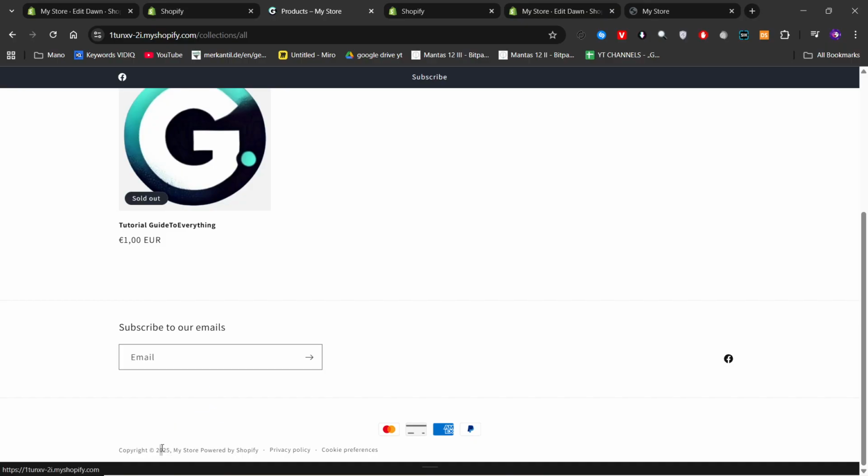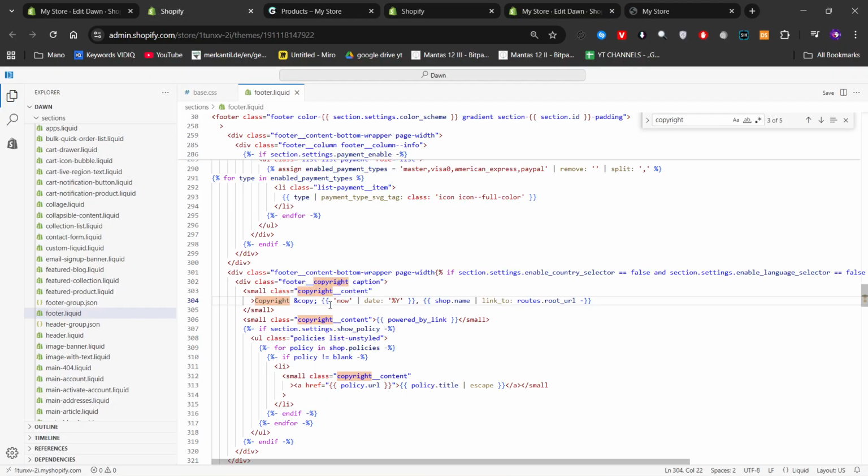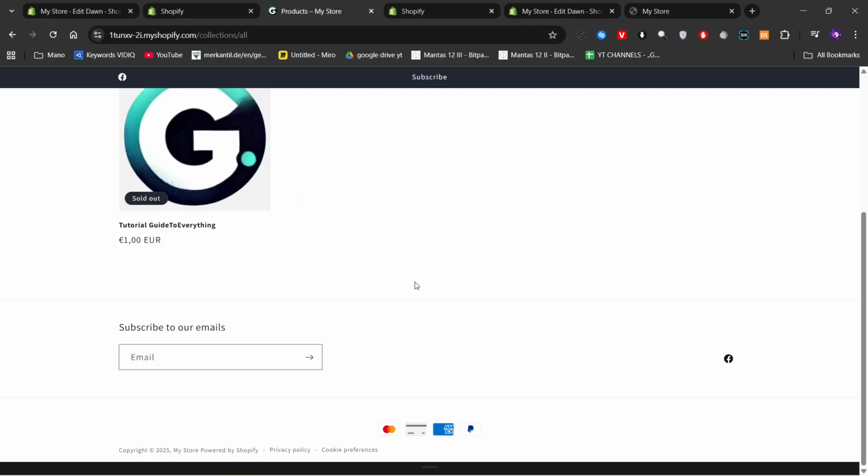And let's say you want to edit the year right here. So what you'll need to do is, before it says the date, before the curly brackets, add the date that your store was created. So let's say I created the store in 2005. Then I will click save, and then if I refresh this page, you will see that it was created 2005 till